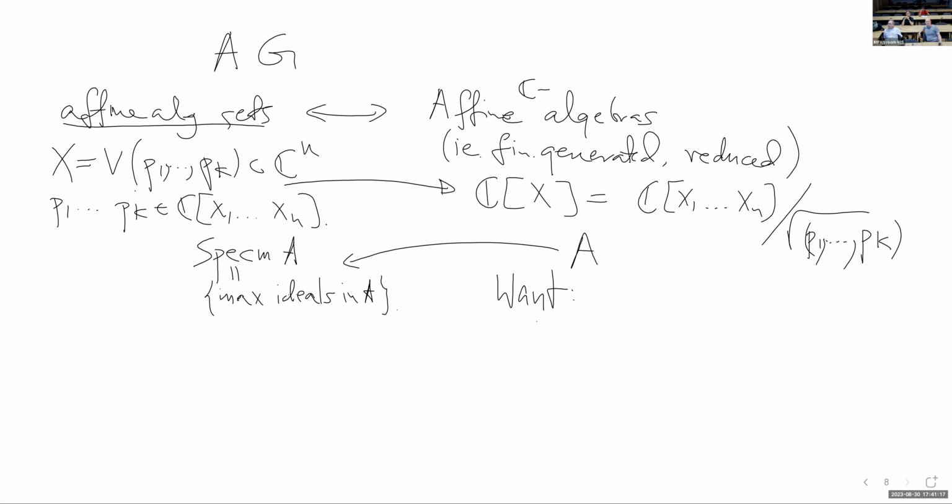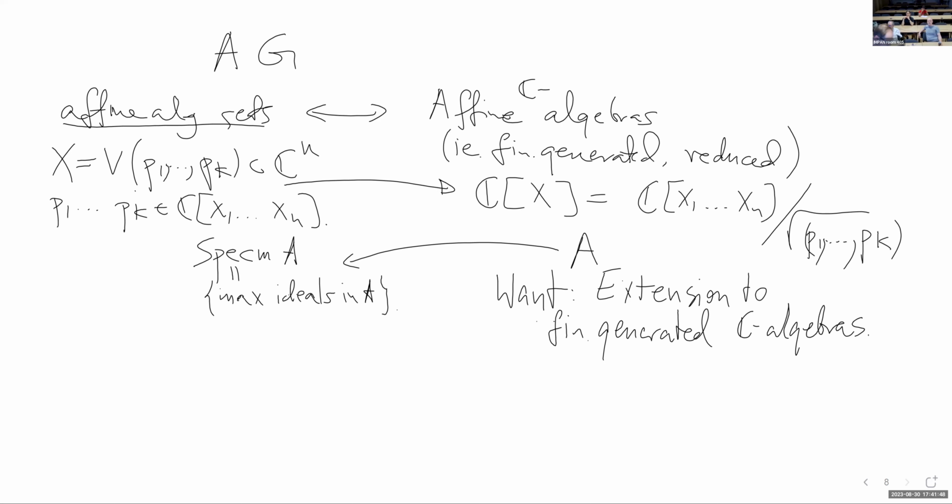So we want to extend it now to finitely generated algebras, commutative algebras. Those, of course, are also commutative. It can be done, and it's a little bit more technical. So in this direction, if you take any such algebra,